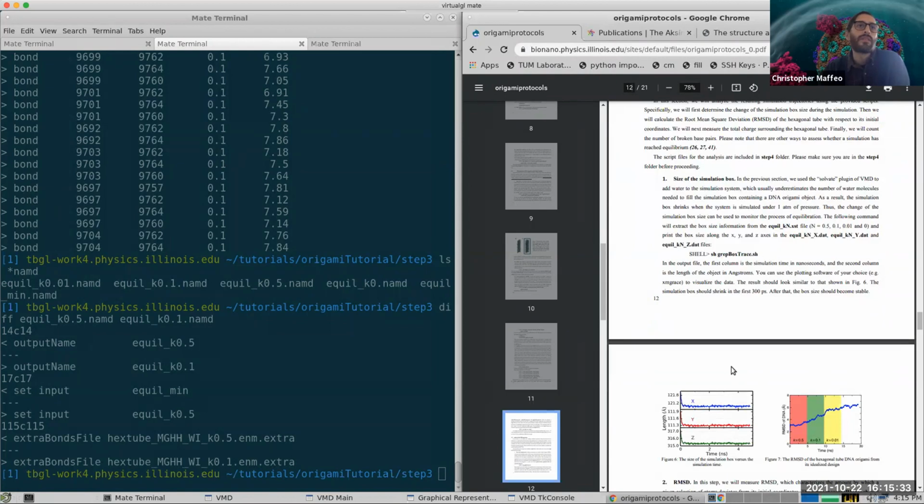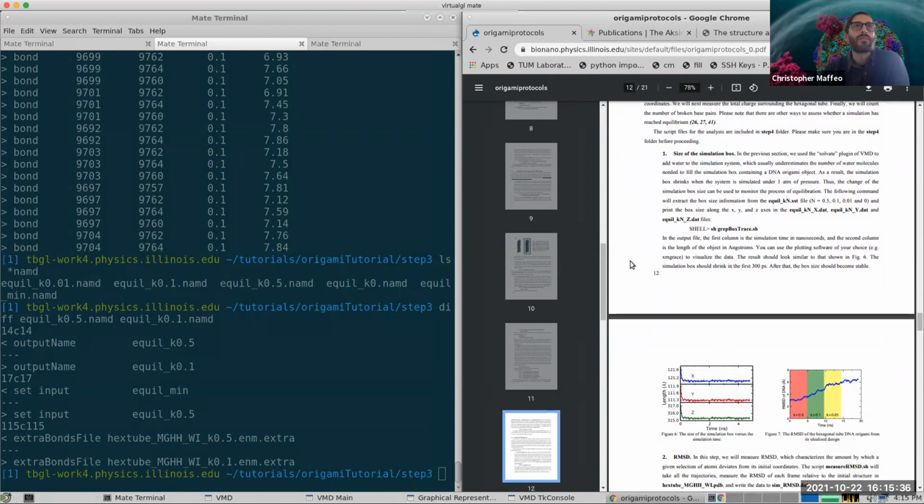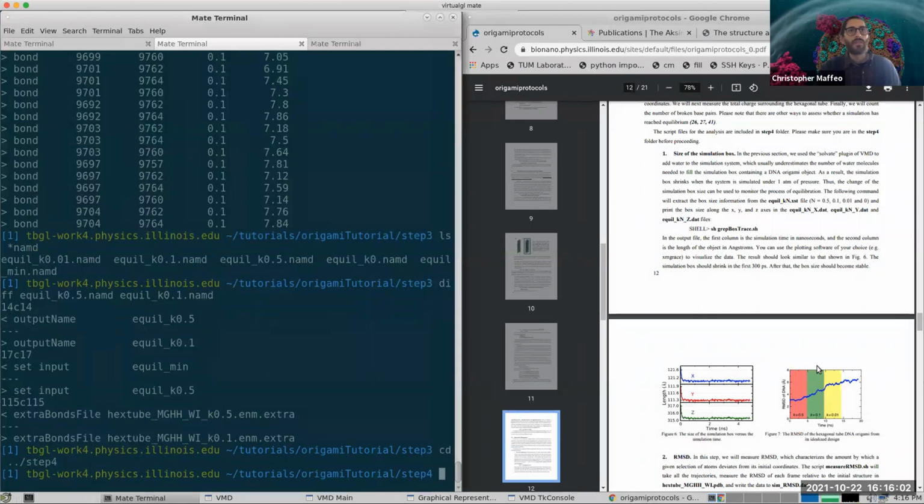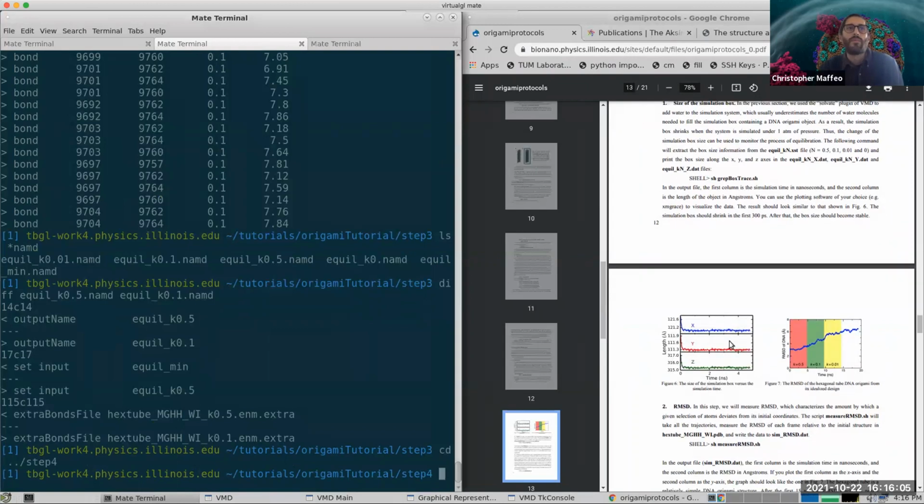So the first thing the tutorial has you do is look at the size of the system. In figure 6 down here, it shows that the system box equilibrates within the first, I don't know, half nanosecond or quarter nanosecond or something like that. And I'm sure you've done this in other tutorials this week, the second step in the analysis is